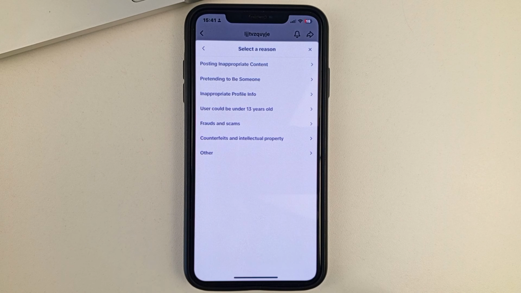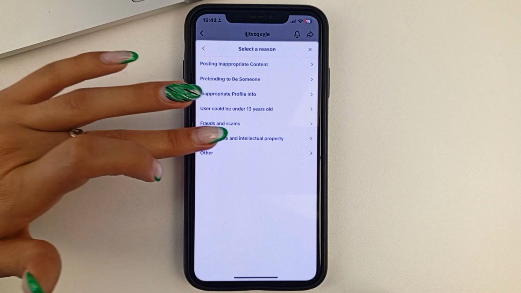Next, you'll need to choose a reason or what you're not happy with. What exactly you would like to complain about. This is kind of individual, so you will choose this reason already according to the situation.